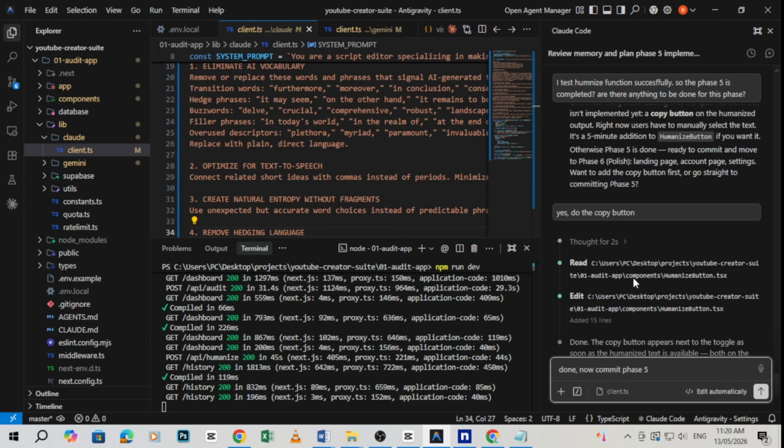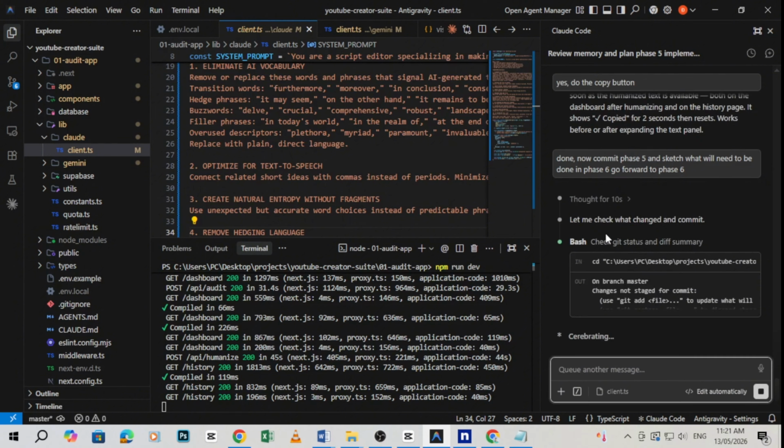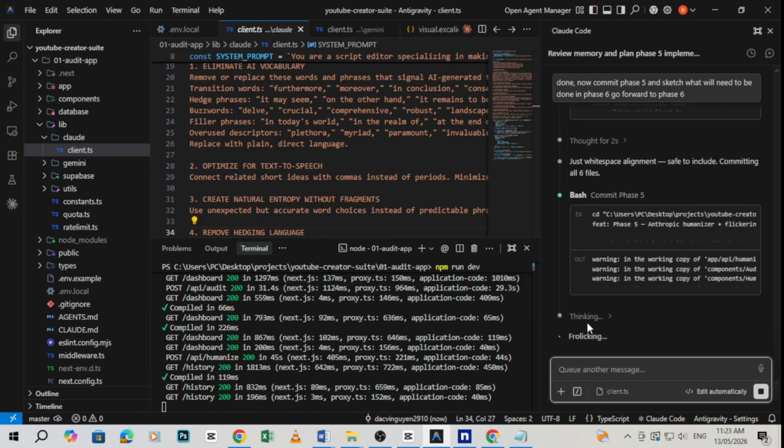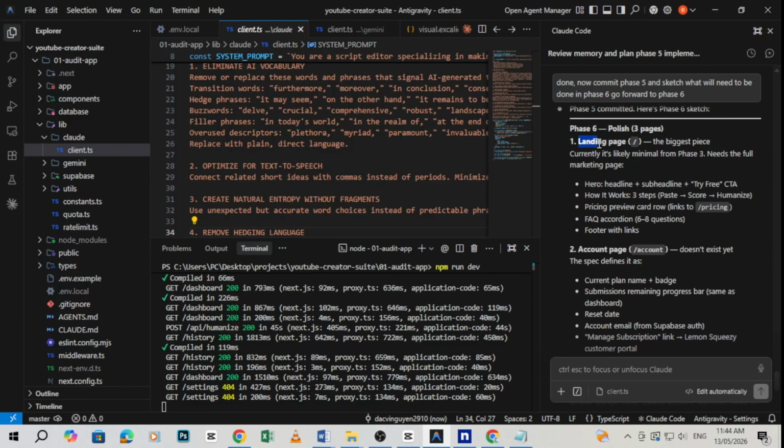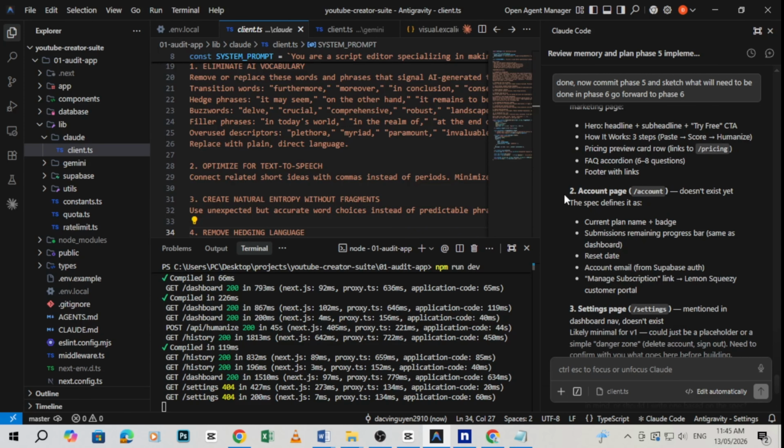So, I'm going to commit phase 5 and move immediately to phase 6, refining the UI. Claude pointed out that the current landing page is a bit too simple. It needs a headline and subheadline, a how it works section, pricing view cards, and frequently asked questions, and a footer with links. The account page is also missing, so we need to create it with the current plan name,